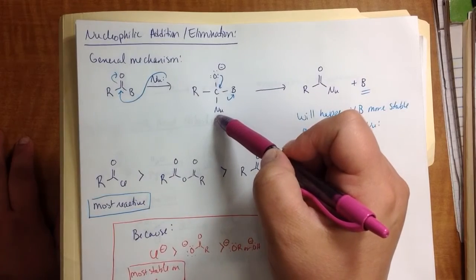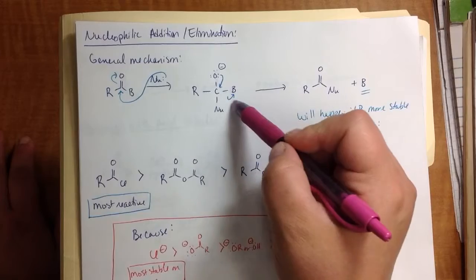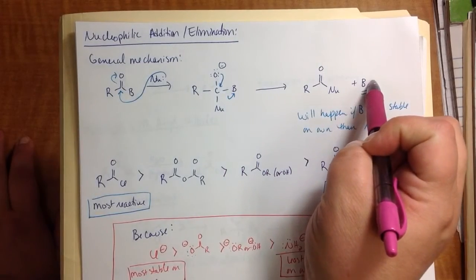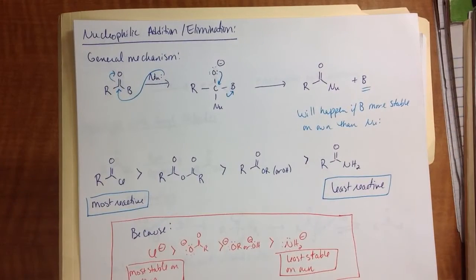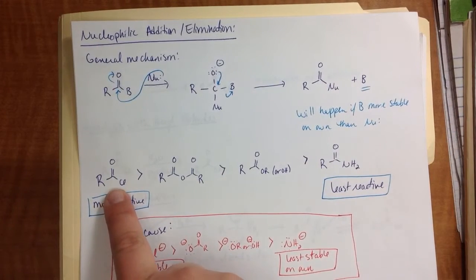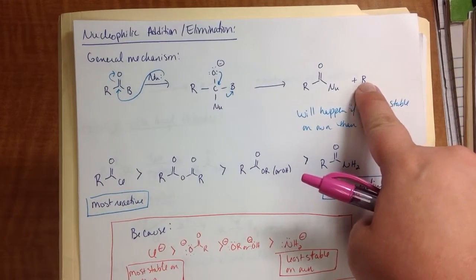The one that's the most stable on its own is going to come off. And if that happens to be what was on there before, bam, it just came off, and so you get a new nucleophile right there. So that means that this one is pretty reactive because chlorine, as it comes off by itself right here, is